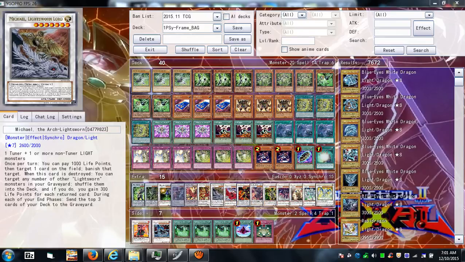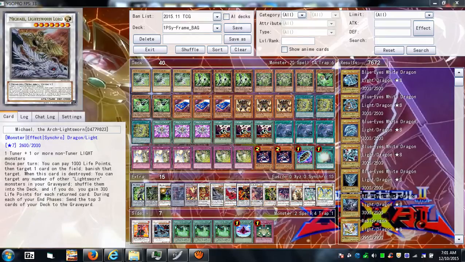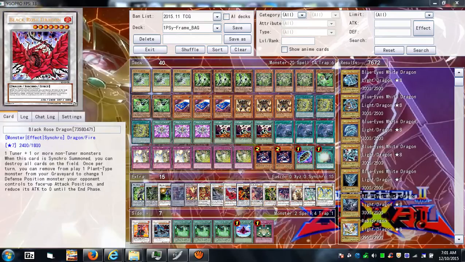You can take advantage of milling stuff to the graveyard, especially if you have stuff like Monster Reincarnation. Let's say you milled the Psy-Frame Overlord, you could banish it, get its effect, and all that good stuff. Moving on,